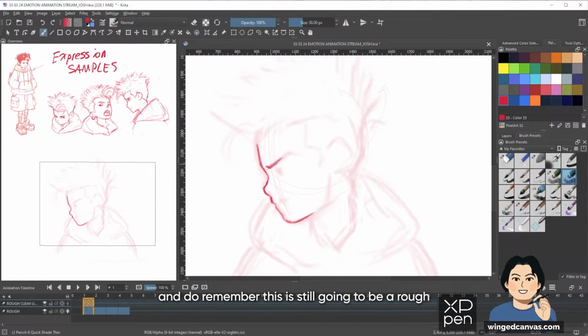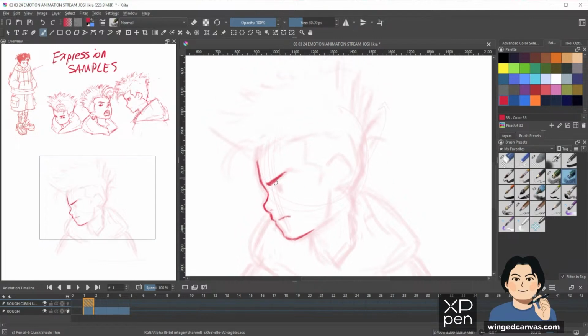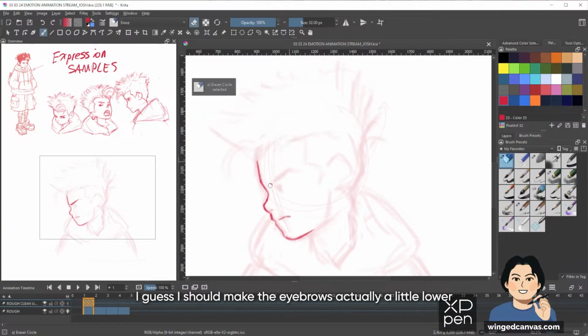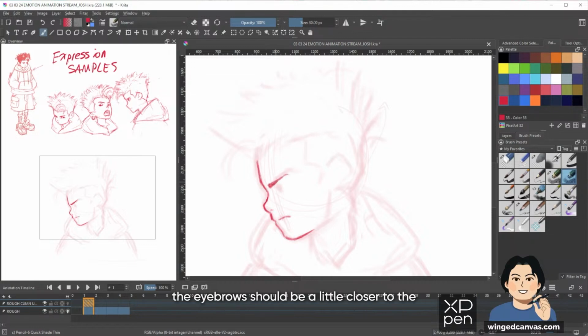And do remember, this is still going to be a rough, so I am technically cleaning up, but not too much. And oh, you know what? I guess I should make the eyebrows actually a little lower, because if he's scowling, the eyebrows should be a little closer to the eyes.